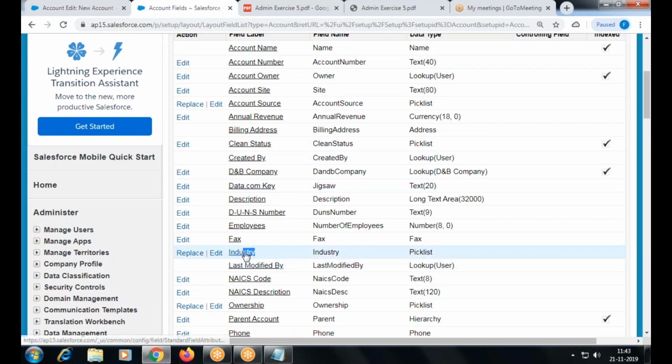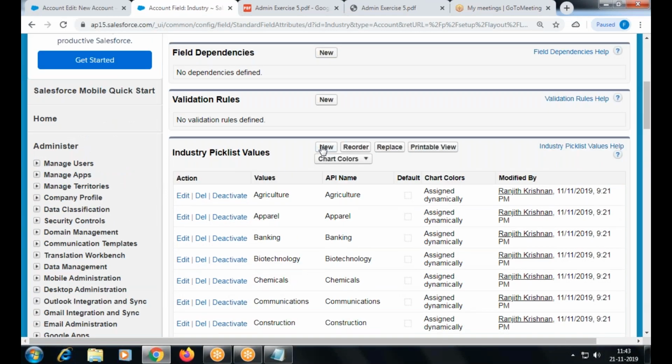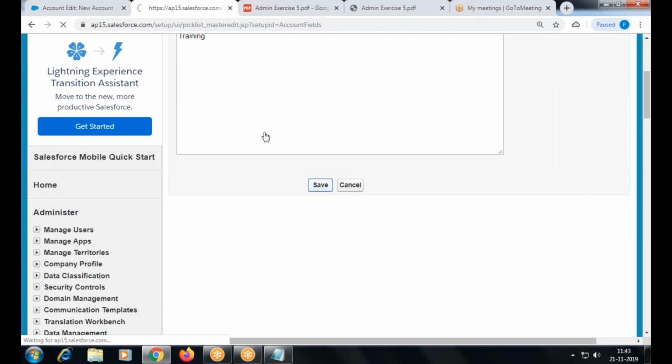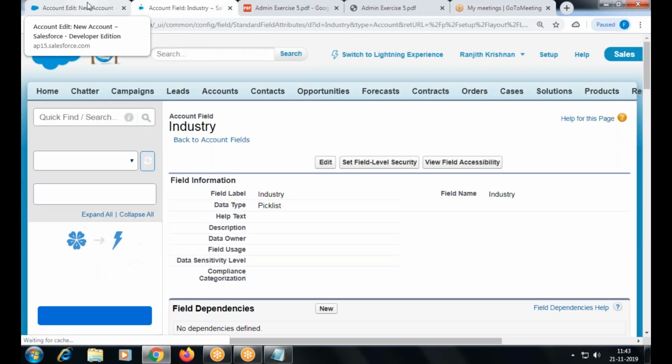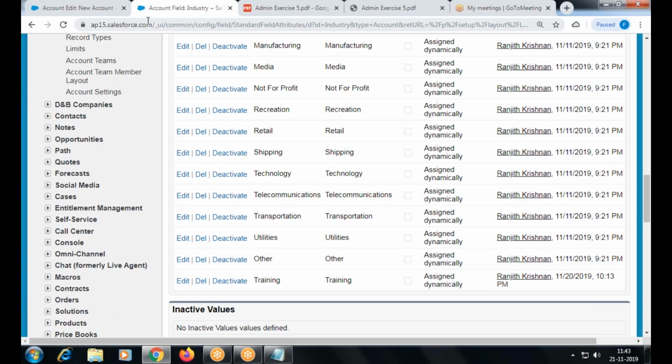I go to the field. These are the standard options. I add my own option here: training. Save. Okay, it's added at the end.